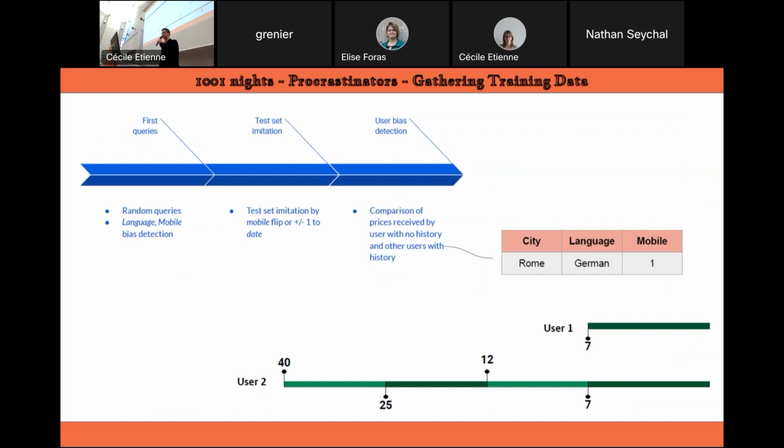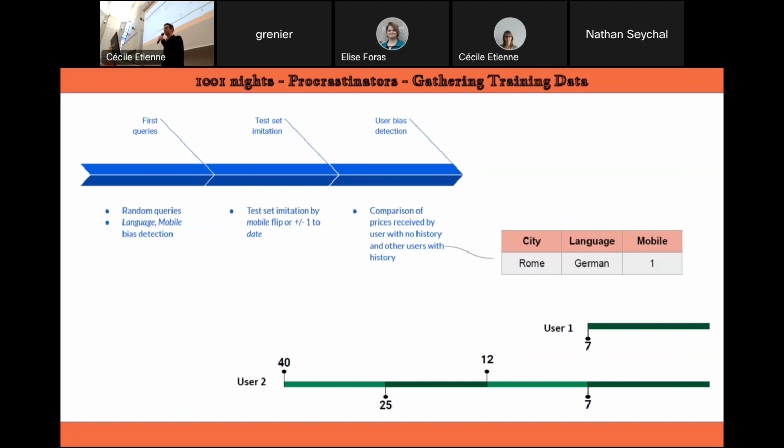So after that, we tried to continue detecting more bias in this data set, and we tried to address the problem of dynamic pricing, as my colleague said, and the user behavior. What we did in this case was simulate a history for the users. For example, you can see here that both user 1 and user 2 want to go to Rome, they speak the German language, and they use their laptops.